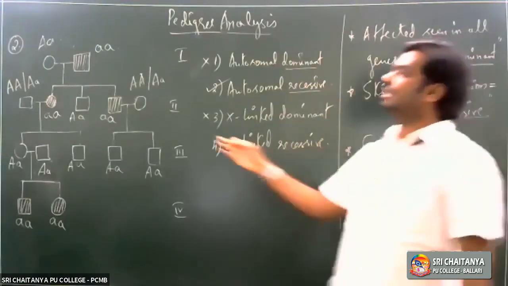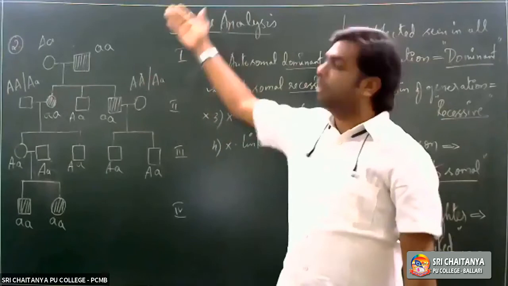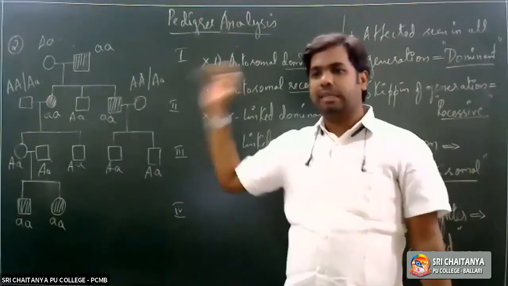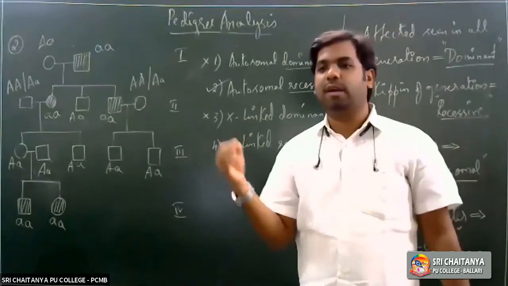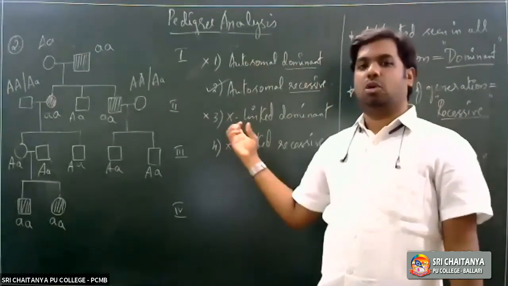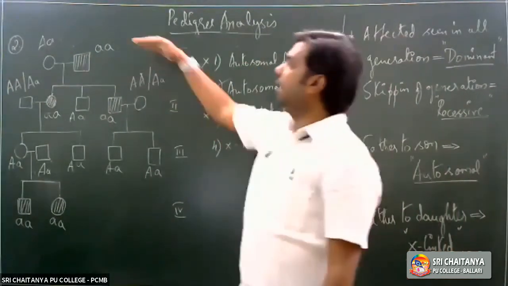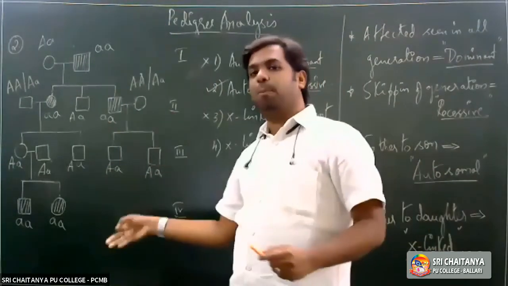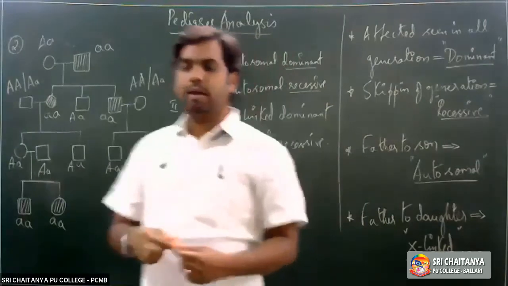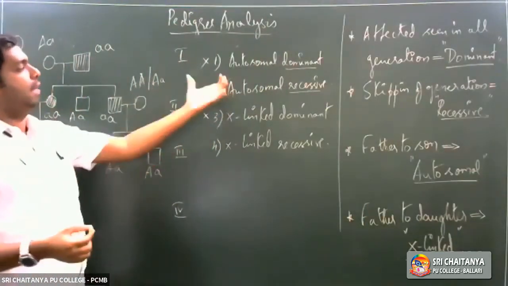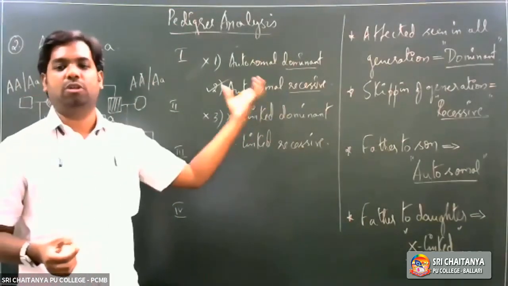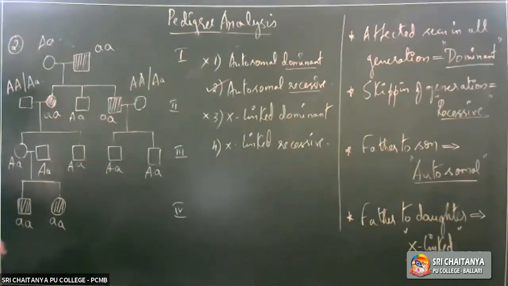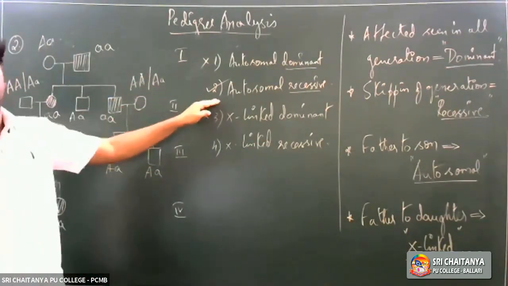So this is how we start identifying or interpreting the pedigree, and at the same time to re-verify whether we have identified the correct disorder or not, we start identifying the genotypes here. So if we are able to get the genotypes properly without any problem, we'll be able to confirm that our interpretation is right. So two examples we have seen in this session, right? One with autosomal dominant and autosomal recessive.